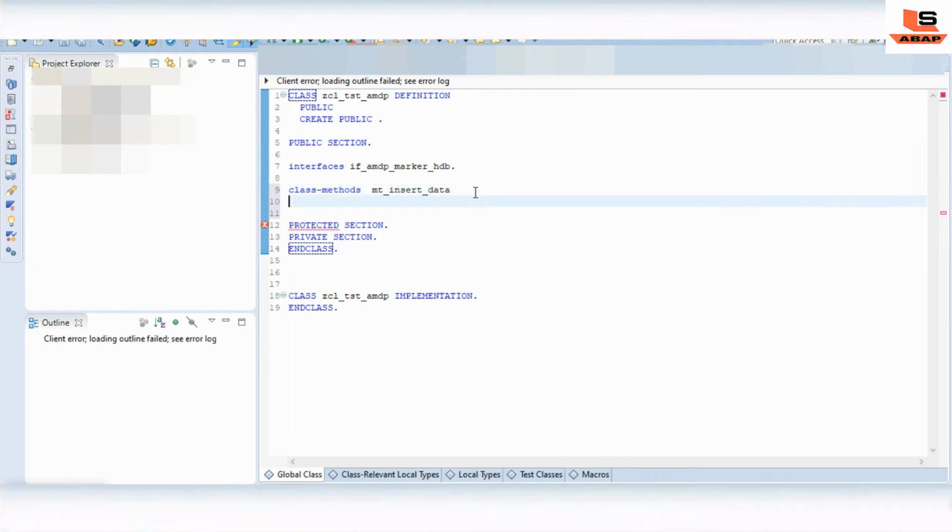We have already discussed the prerequisite to define an AMDP method: the parameters of the AMDP method must be declared using pass by value.